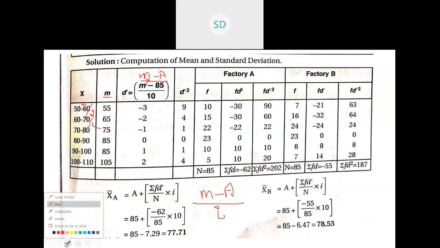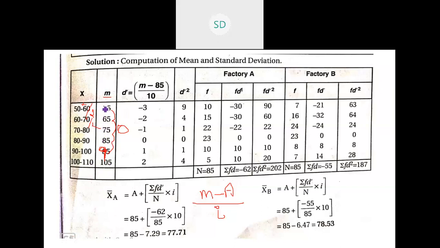Now here also we have a nice difference between each of the numbers. If you see the difference between these, 55, 65, 75, all the way to 95, all between these numbers you have the difference of 10. So 10 will be our common value, m is the mid value, and a is the assumed mean. So here we are supposed to calculate the assumed mean. We'll just take the central value of the midpoint.